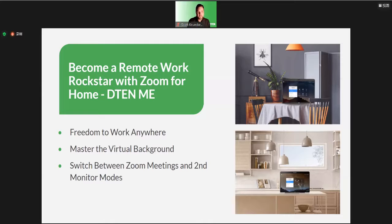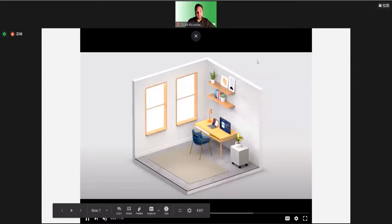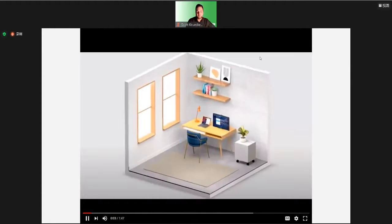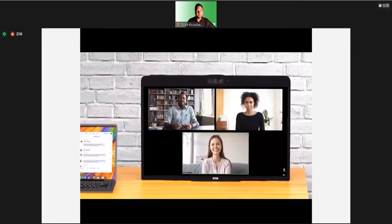Another great thing that you get being a personal device is the ability of a Zoom room or a personal Zoom room to still have your contacts, your calendar resources, and our engineering teams were the first to bring virtual background to your home on an appliance that's stable and reliable and still gives you even more bonus added features than you might be used to in the office. So here we'll cut to this 3D landscape of what you can experience at home with the Zoom for Home